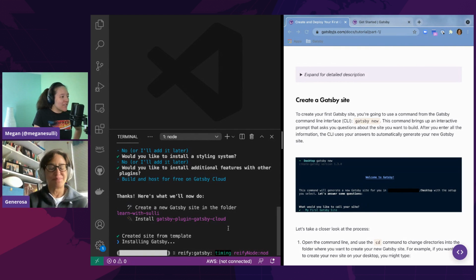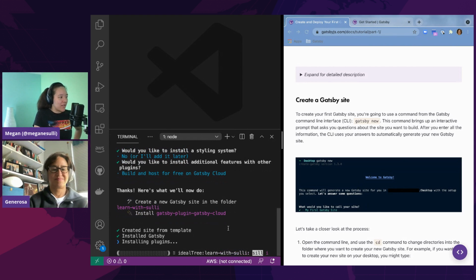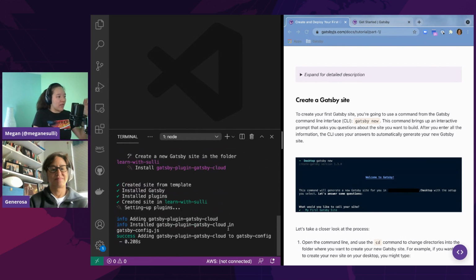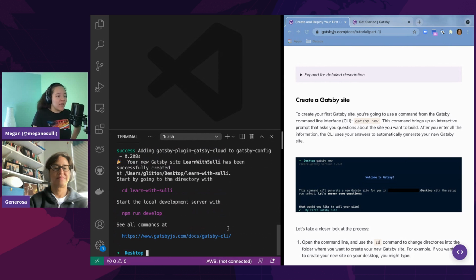All right. Okay, so what this is going to do is create your new folder with your new Gatsby project in it. What it's doing under the hood is cloning a template site, making a copy of that on your computer, and then installing all of the tools that it's going to need.